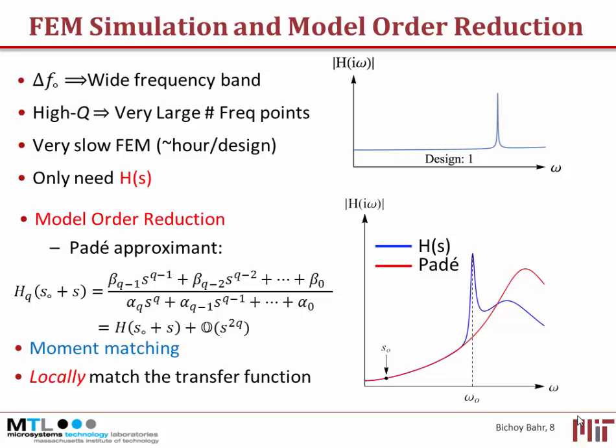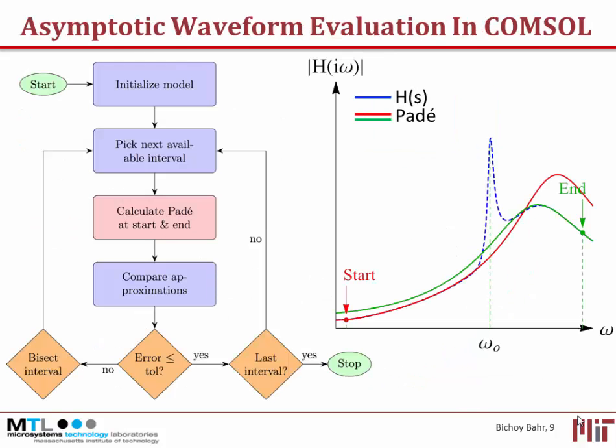So when looking at that, I say, okay, I don't need to simulate all these points. This can be 500 or 600 frequency points. I don't need to run FEM simulation for all of that. I only need to expand the transfer function around this point. But then what should I do about my peak? Very simple. I just keep moving the s-node. I keep moving the expansion point. And at a certain time, I will basically hit the peak and I will find it, especially as this expansion is very cheap. So to make sure we always find the peak every time,